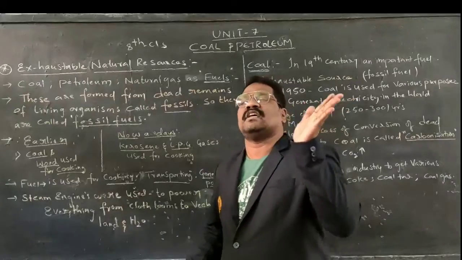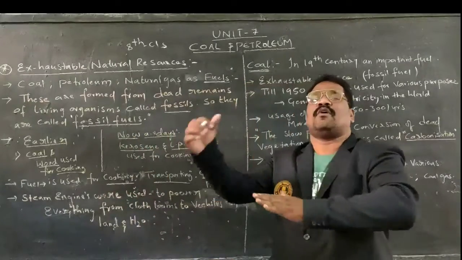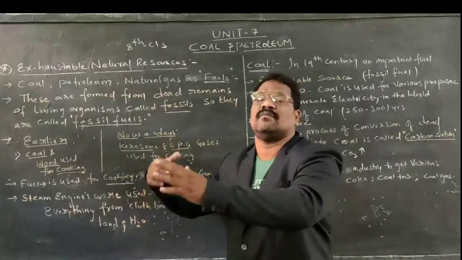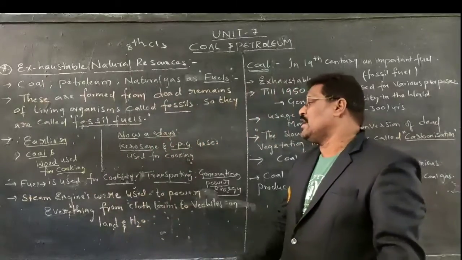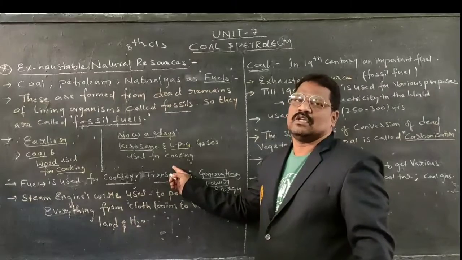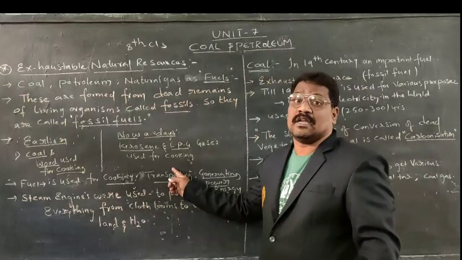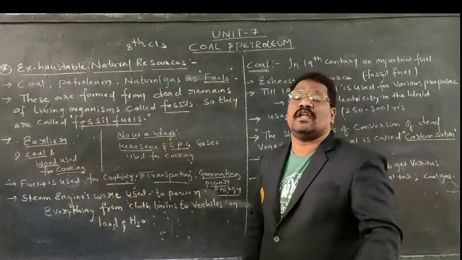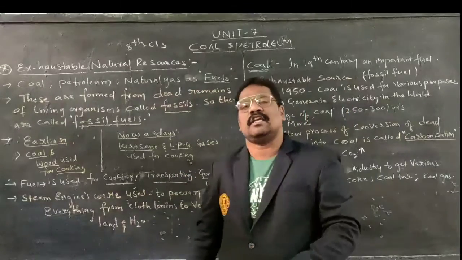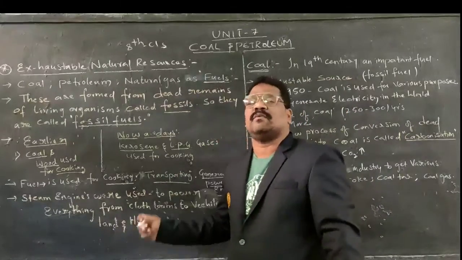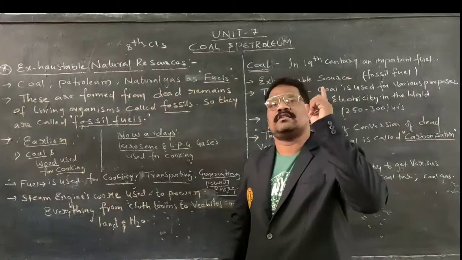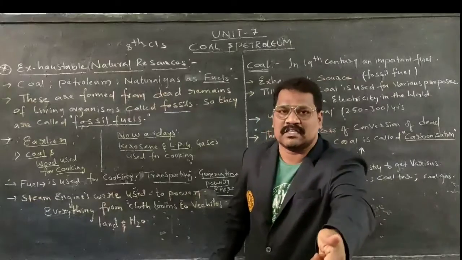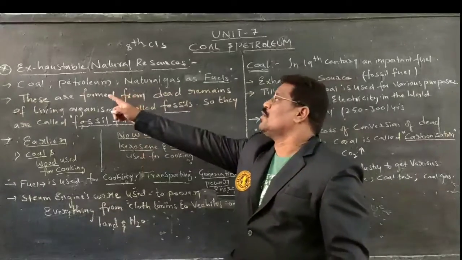That steam is sent into an engine, and based on that, the engine works. As the steam engine works, it was used for transporting goods. Steam engine rails were there in olden days, and they transported goods. Not only that, ships in the seas also used to run with steam engines. In olden days, the engine was the steam engine.